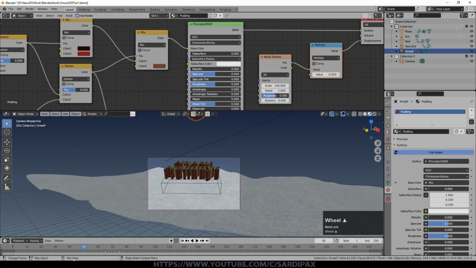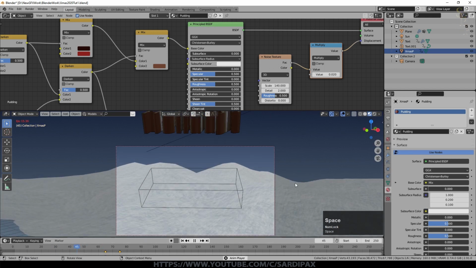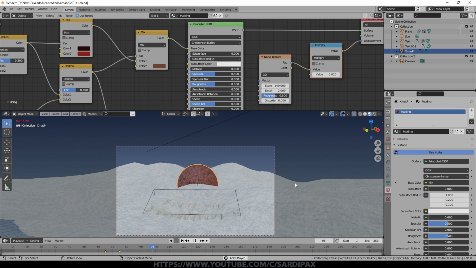So if we now have a look at how that's looking, the text lands and then the Christmas pudding comes after. And if we want to move it, we can just drag those points to the right. And if we want it to fall more quickly, we can make them closer together. Bearing in mind this is running more slowly than it really would be at the moment. So I'm going to reduce the length of my animation now just to make things quicker to about 150 frames.